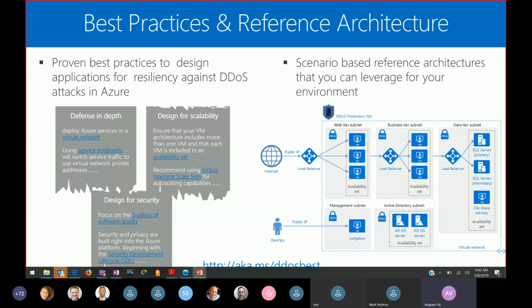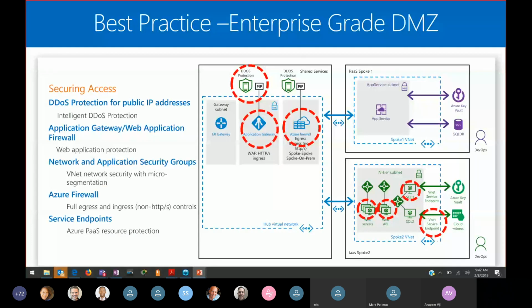In the same documentation, we also highlight the key reference architecture recommendations in terms of positioning and deploying DDoS Protection Standard with other network security products like Azure Firewall, as well as Web Application Firewall. This is one of the best practice recommended architecture slides that we highlight and recommend to all of our customers, putting all our network security components together, where essentially the recommendation is that